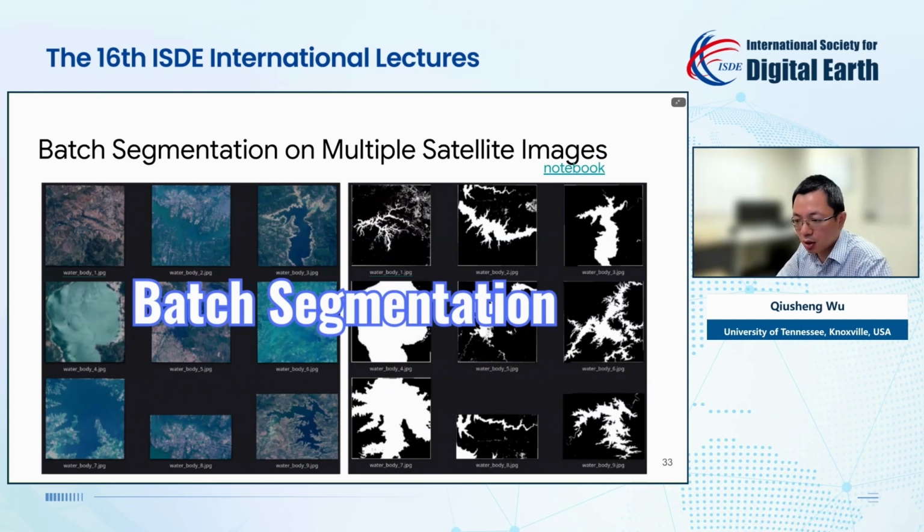So now you can just call the segmentation batch and then just point to the directory that contains all the images, and you will generate the result for all the images. So very, very easy to do. Also, you can